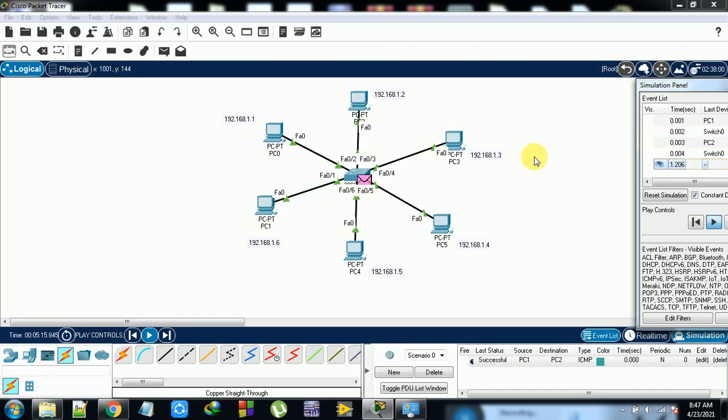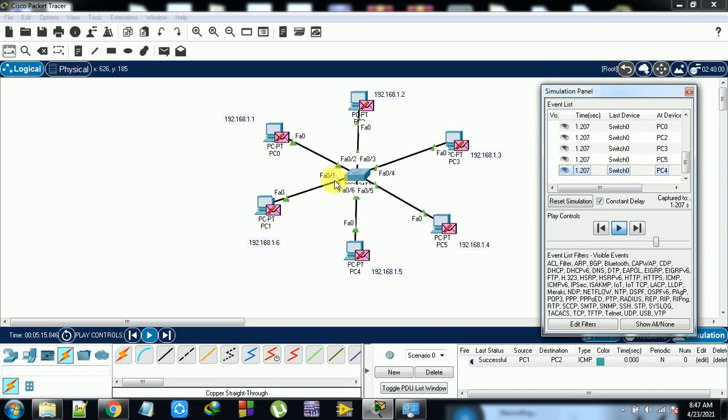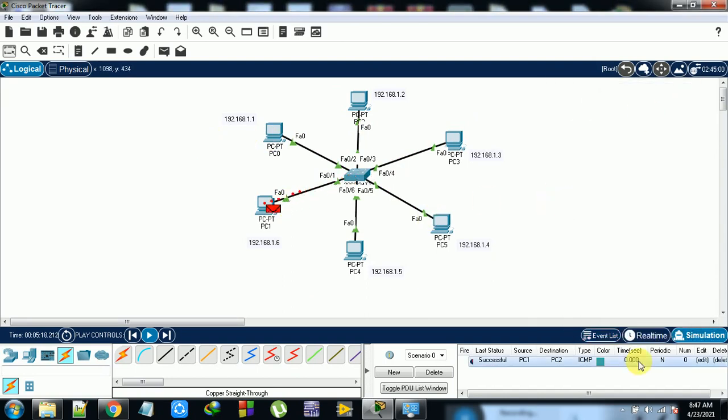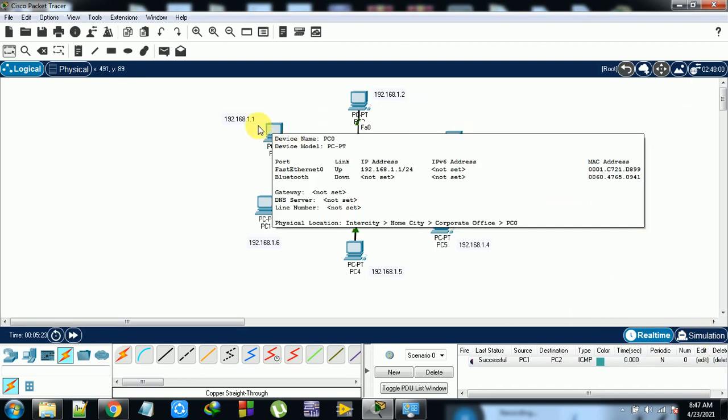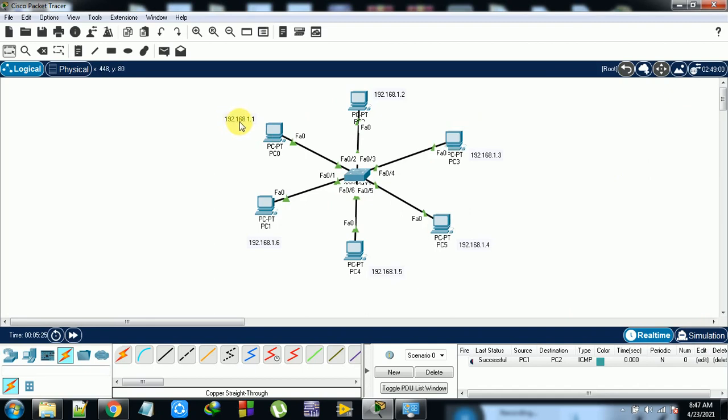But one more way is also there. How to do that? The switch is always sending some information, but that is invalid, which you already know. Now I want to check another way. I don't want to do simulation now; I want to do it in real time. In real time, I want to communicate 192.168.1.1 with this one. How many devices are connected to this? I want to check.